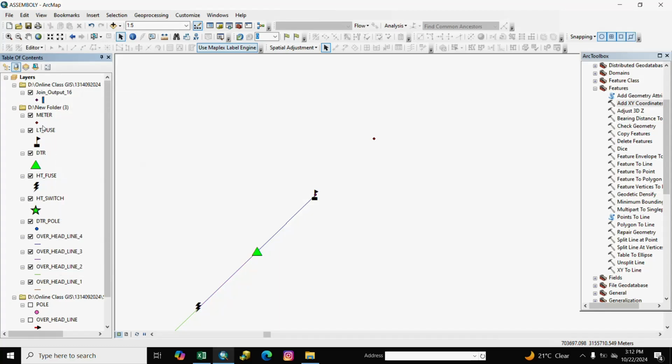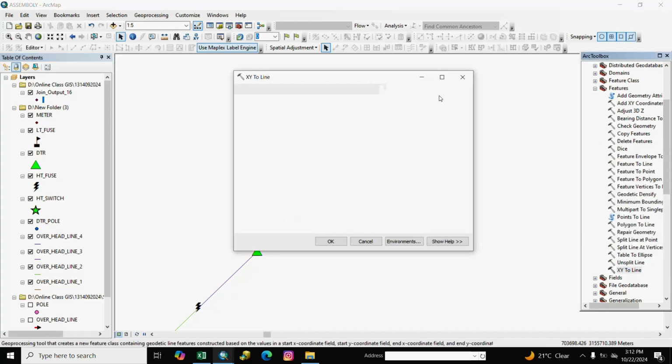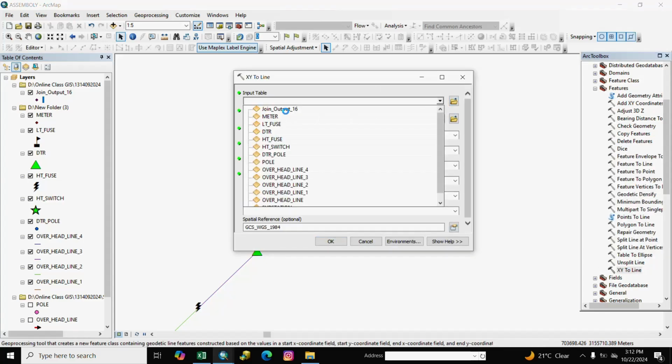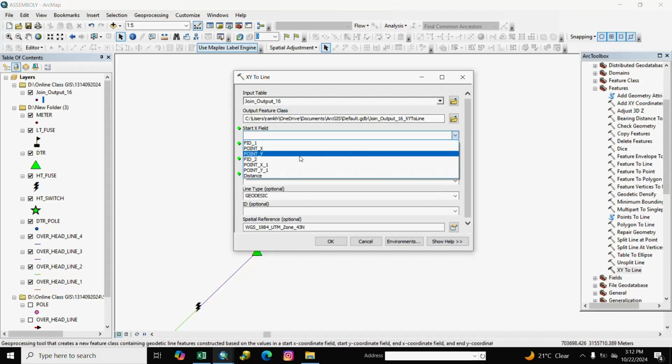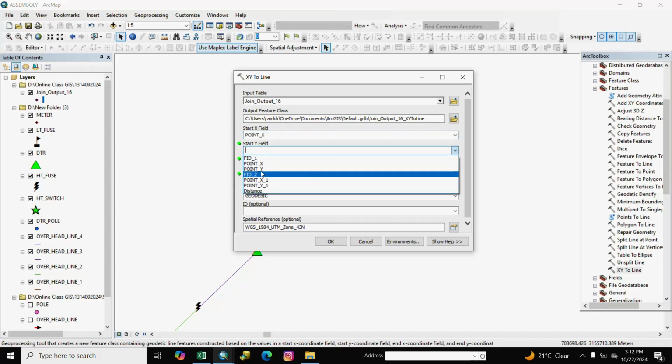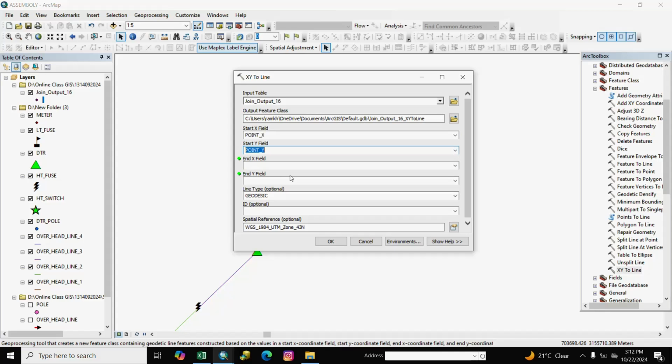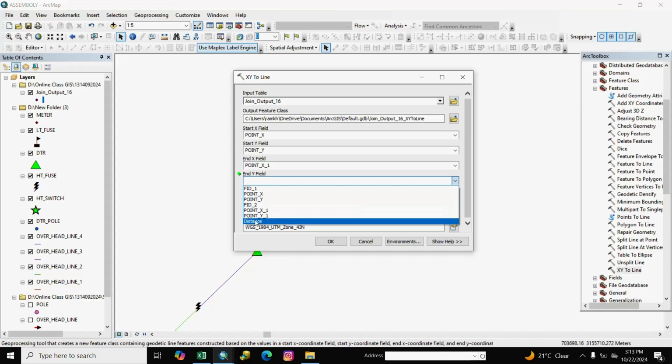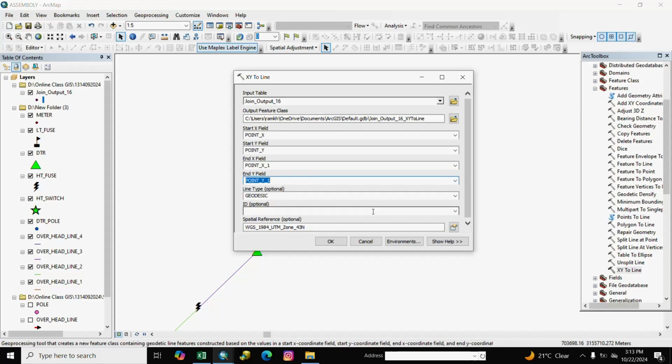Join output is here. We go to XY to line. X point means LT fuse X point. Y point means LT fuse Y. Point X underscore 1 means meter X point, and point Y underscore 1 means meter Y point, and OK.